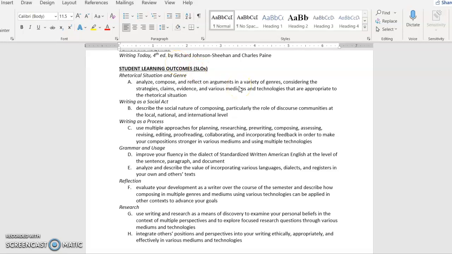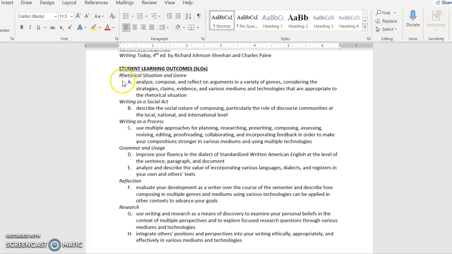But basically, when the department thought up these classes and decided what we were going to teach and how we were going to teach it, they came up with these learning outcomes, the things that they basically want students to get out of these classes. So these are the core ideas that we're focusing on and that I'm supposed to be transmitting to you as you work your way through the course. And when you do your reflections, and also when you finish your portfolio at the end of the semester, you're actually required to talk about some of these student learning outcomes a little bit.